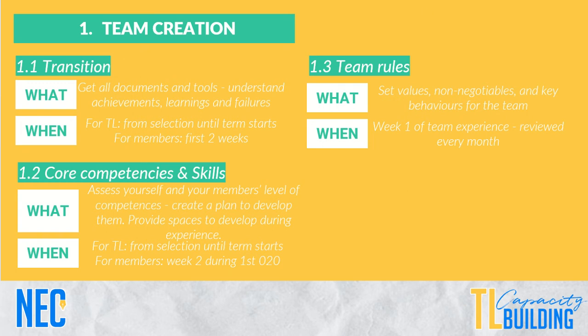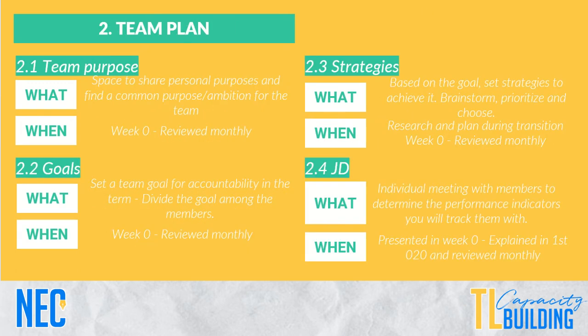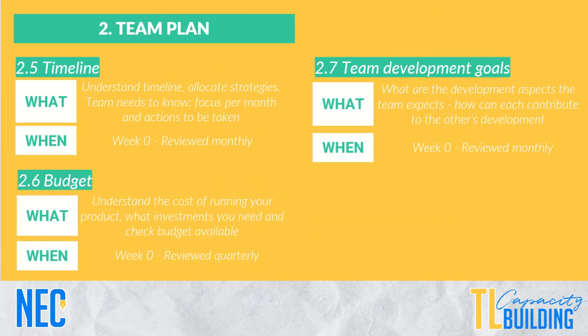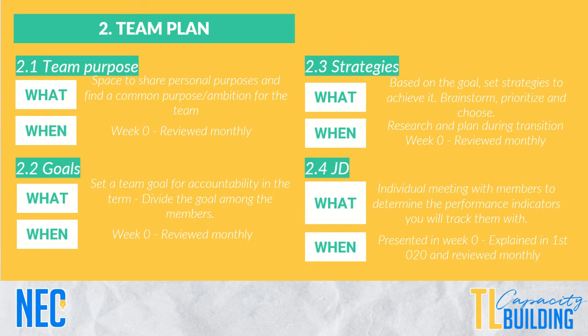Just check if you're actually acting with your values and your behaviors. Let's go to team plan. So in the team plan, we have six, I think, sub phases. So we have the team purpose, the goals, the strategies, JD, the timeline, the budget, and the team development goals. There were 7. So in the team purpose, and here in the team plan, I really recommend you guys to